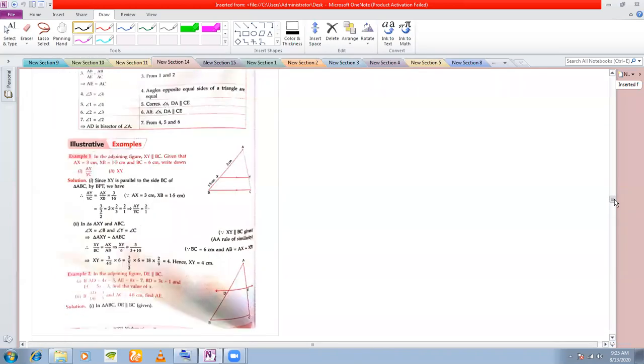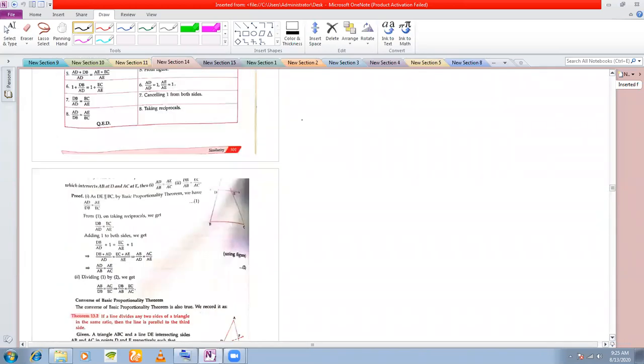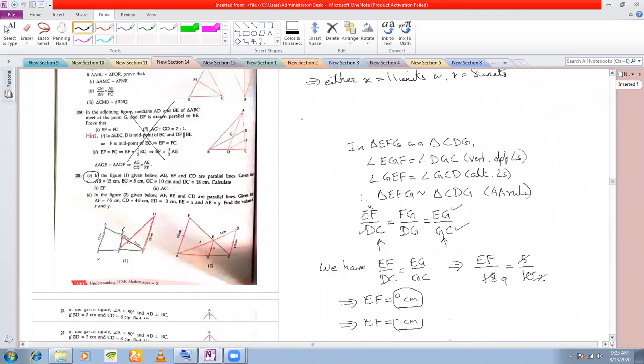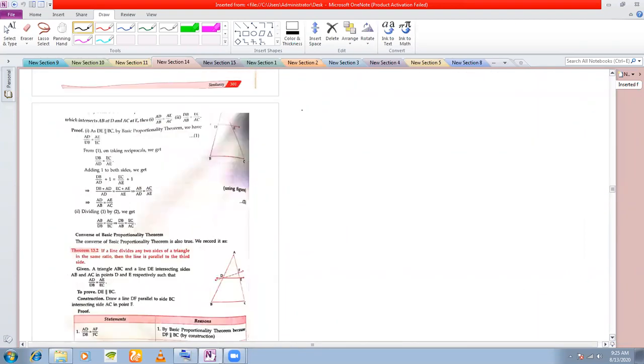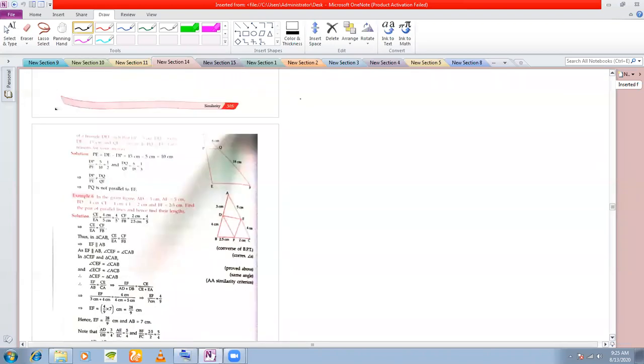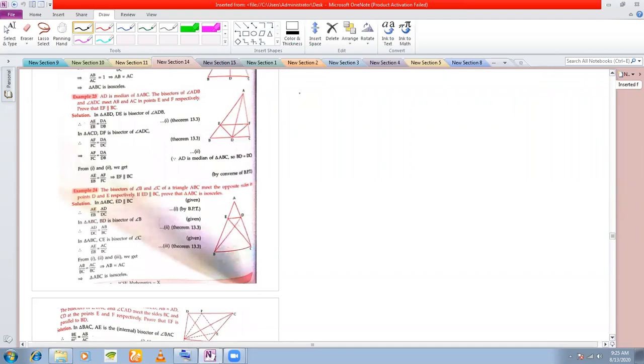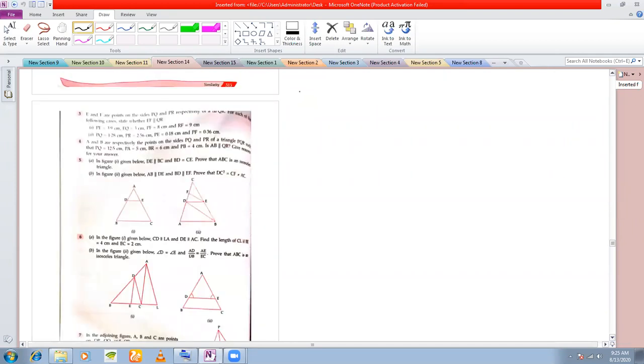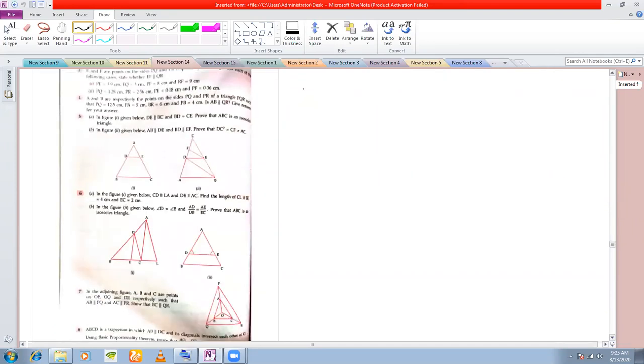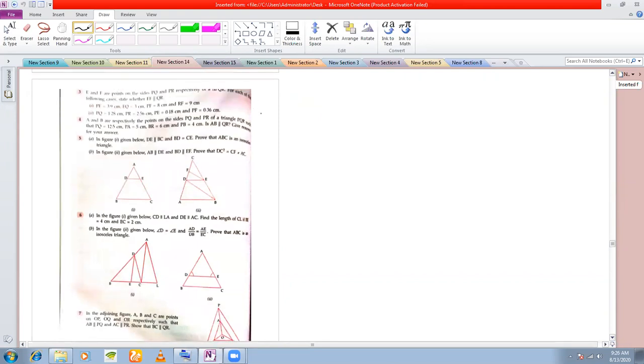So I think I can help you out with one problem which I had set as your unsolved classwork. You have time for that. So this problem here, it's hardly visible, anyway, let's see. E and F are points on the side PQ and PR respectively in triangle PQR. For each of the following cases, state whether EF is parallel to QR.